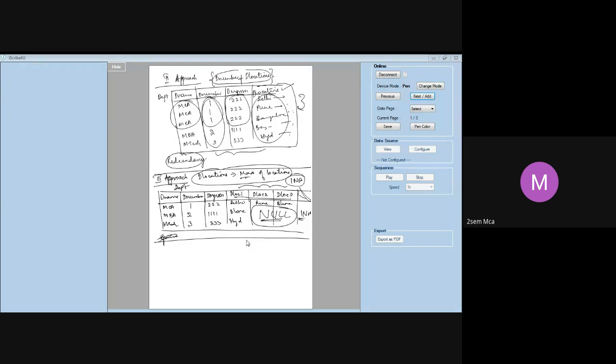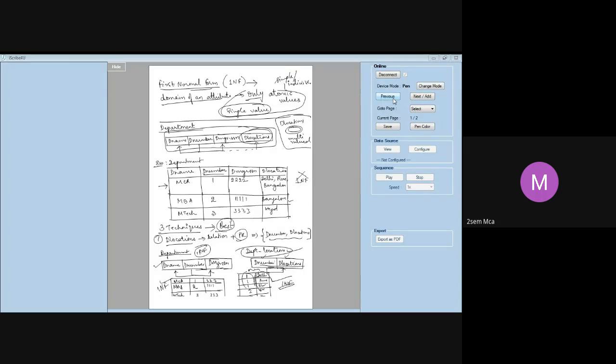Any questions so far? So let me quickly summarize. We said that first normal form states that the domain of an attribute should have only atomic values. Simple, indivisible, single value only. It cannot take any other value. Then we took an example of the department table where we know that D locations is a multi-valued attribute. In the original department table, MCA is having 3 locations. So this table is not in first normal form, because D locations is violating first normal form.